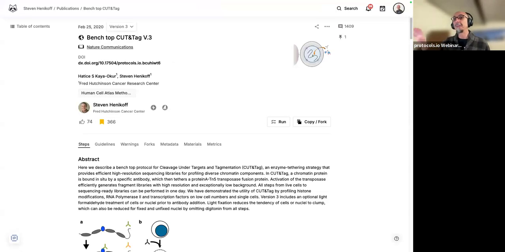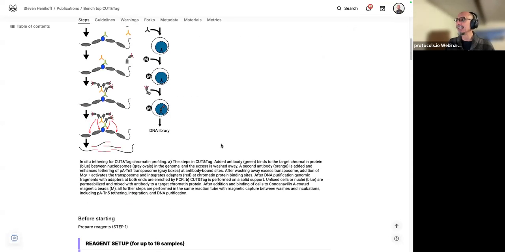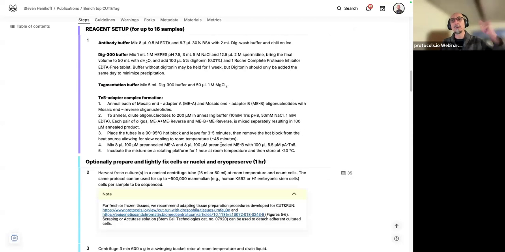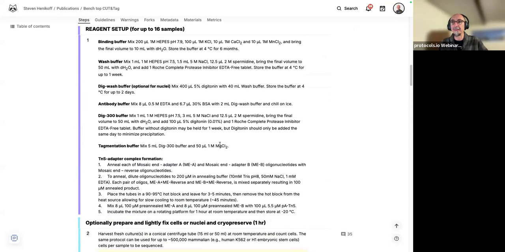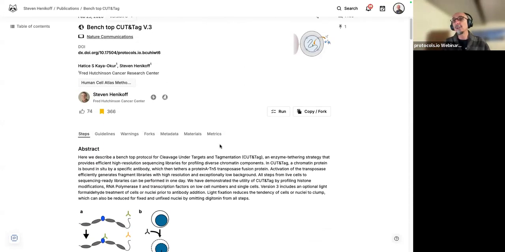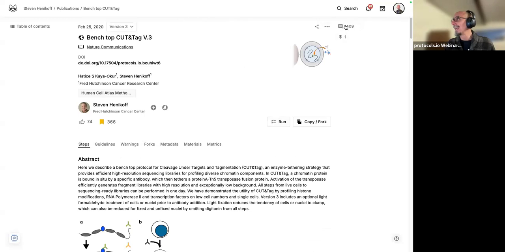So I'm opening another public protocol. This one is particularly popular. Again, it's a detailed protocol written in a recipe-like step-by-step fashion. But what I want to show you is that this protocol has received over 1,400 comments.